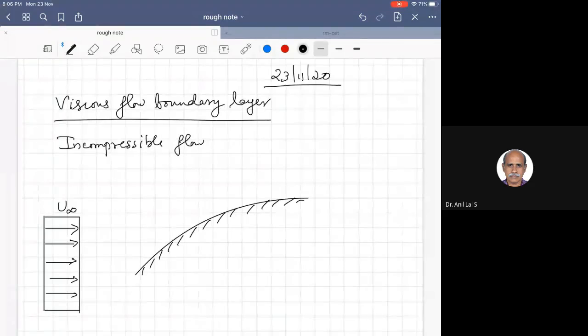There could be a point called a stagnation point on the body surface, and the fluid will be flowing like this. There is a potential flow like this, and the tangential velocity